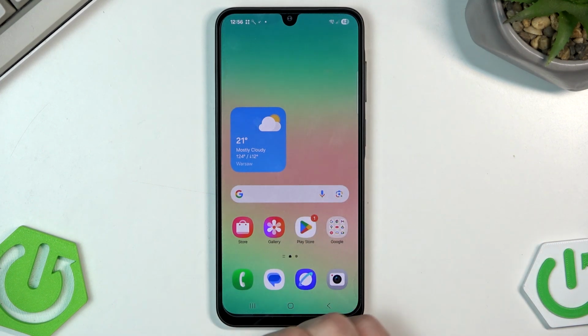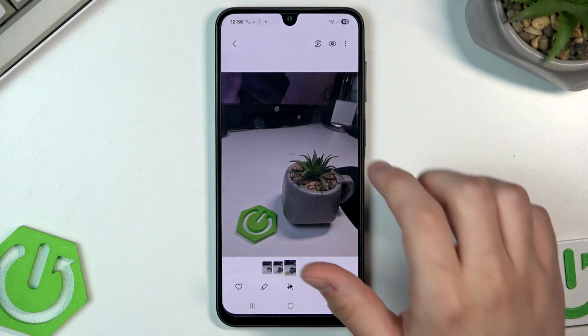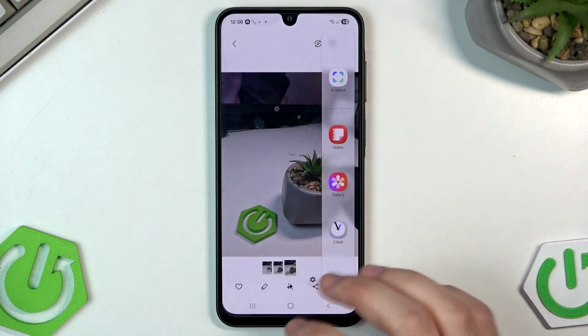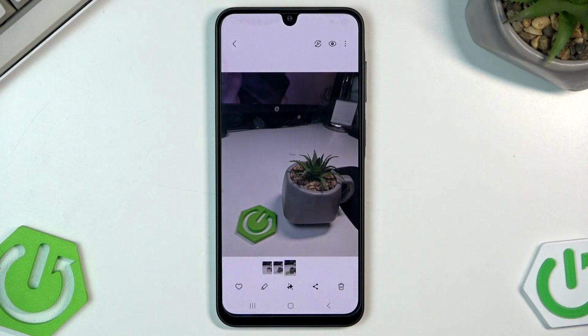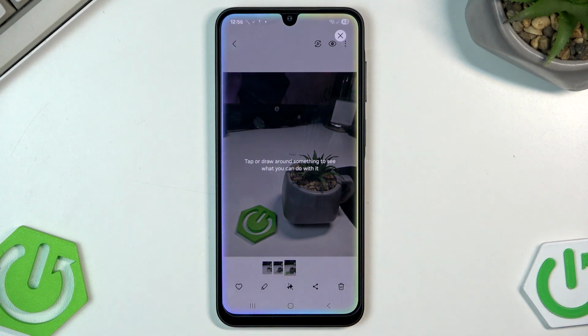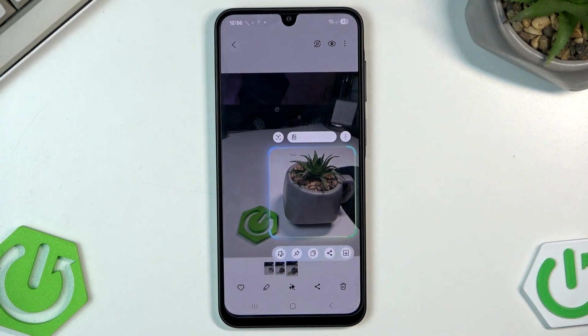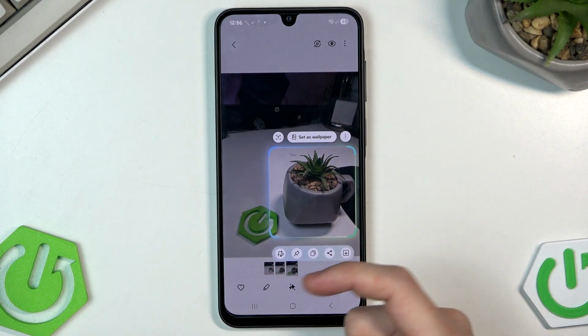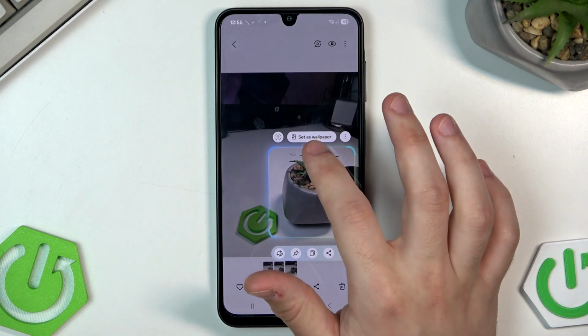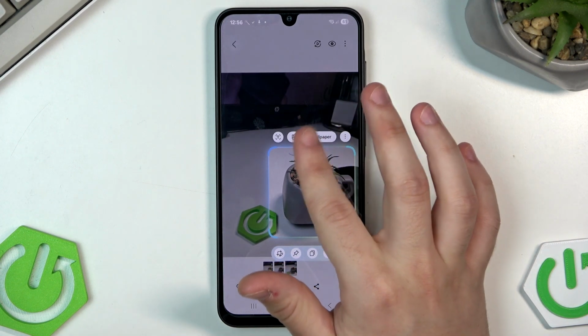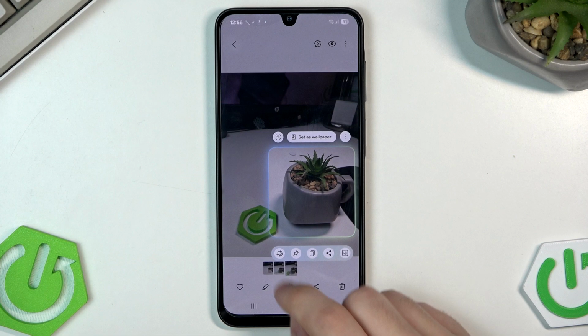So now let's say I will open up my gallery. Now I will select the AI select. Okay, you can see the effect. And now tap or draw around something to see what you can do with it. So now let's say I will select this plant using my finger. And now, as you can see, I can set it as wallpaper here